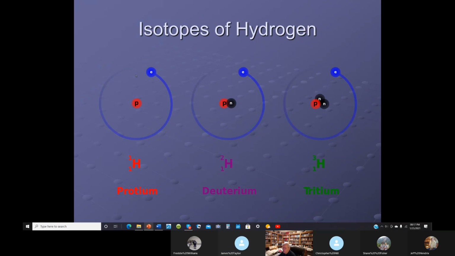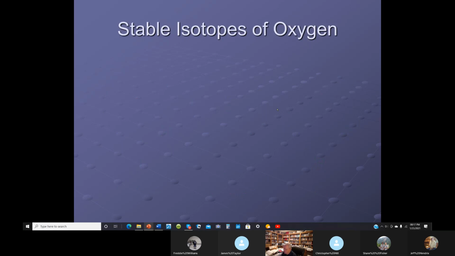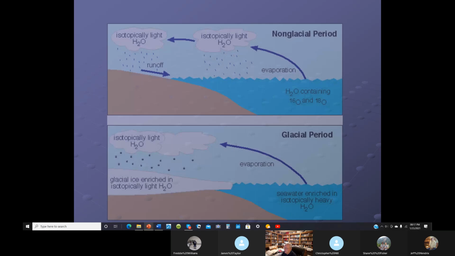So let's just take oxygen. We'd have 8 protons in here, and 8 here, and 8 here. We'd have 8 protons and 8 neutrons. That would be the most stable isotope, the most common isotope of oxygen. Then we'd have 8 protons and 9 neutrons over here for the second isotope, and then 8 protons and 10 neutrons for oxygen. Now then, these 3 isotopes of oxygen,